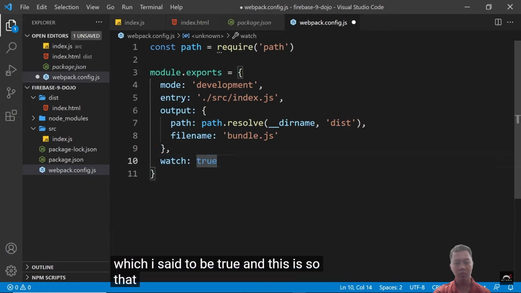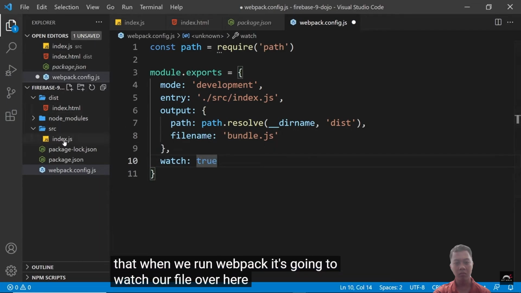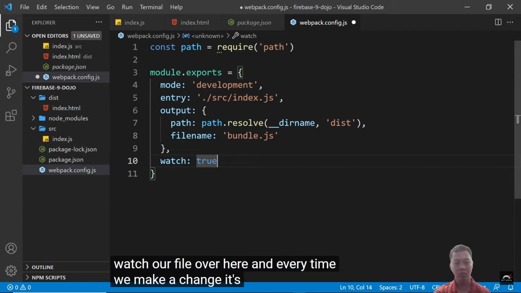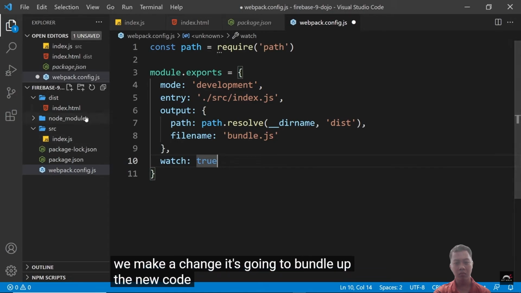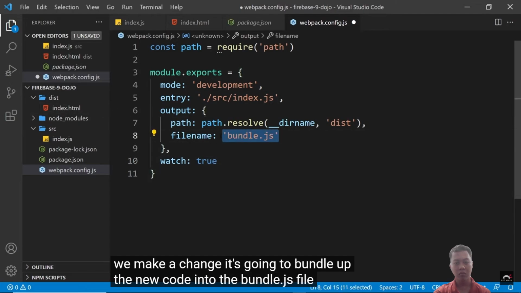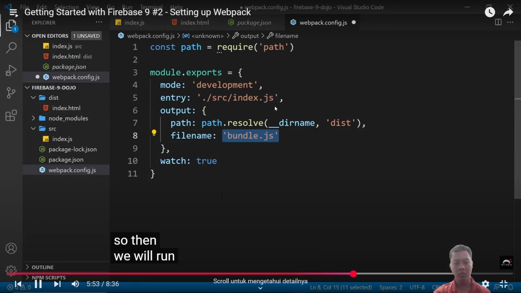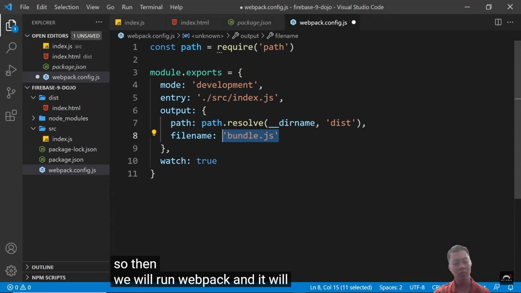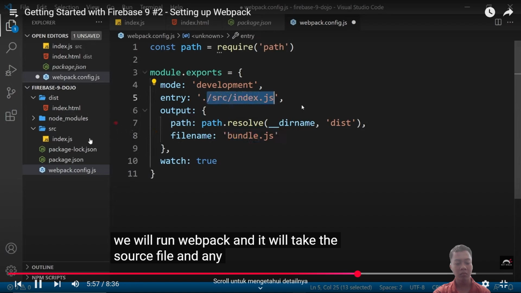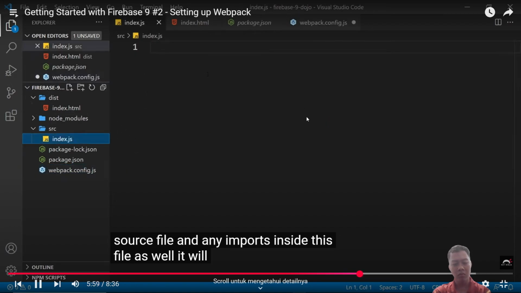And this is so that when we run Webpack, it's going to watch our file over here. And every time we make a change, it's going to bundle up the new code into the bundle.js file. So then, we will run Webpack, and it will take the source file and any imports inside this file as well. It will bring those in